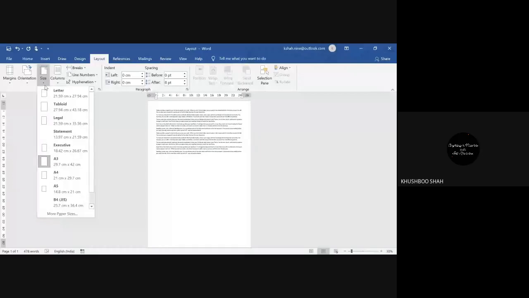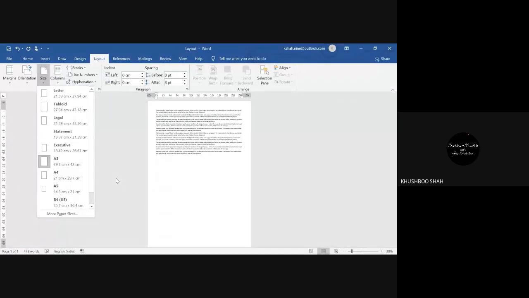So when you start your document and you have to print that document, the very first thing you need to do is set the page size, set the orientation, set the margin, and after that start your work.